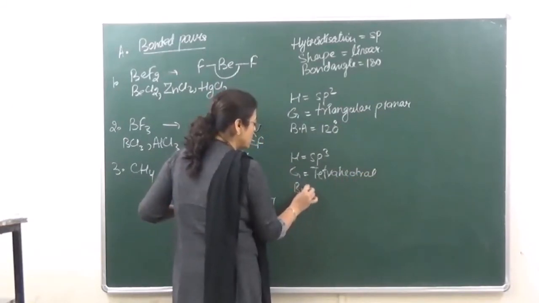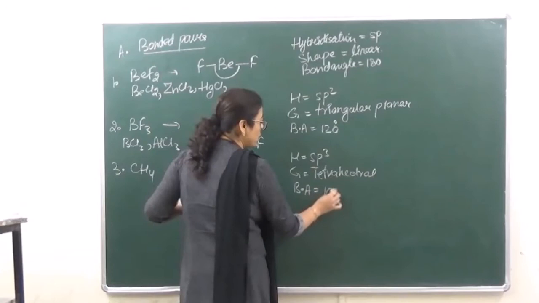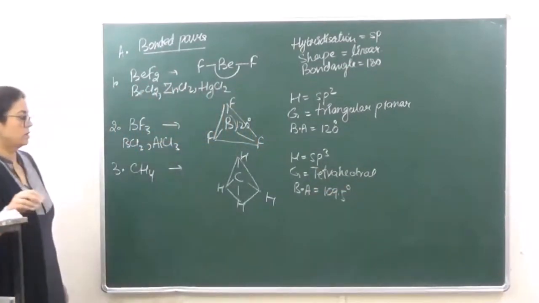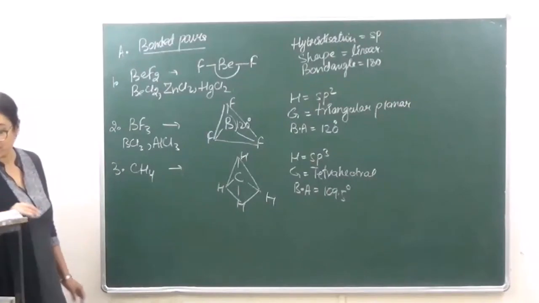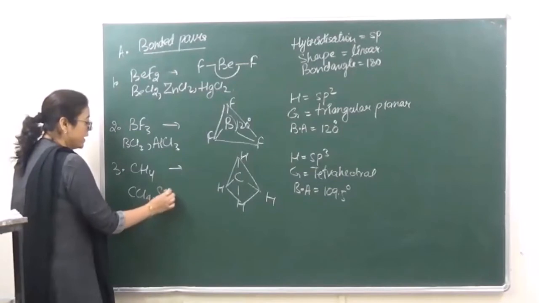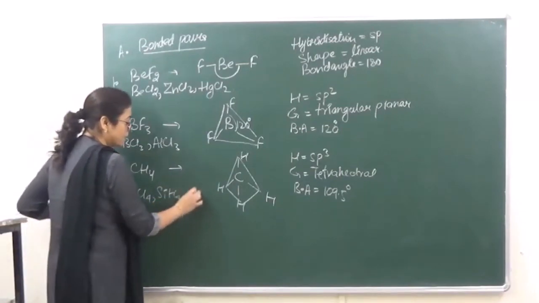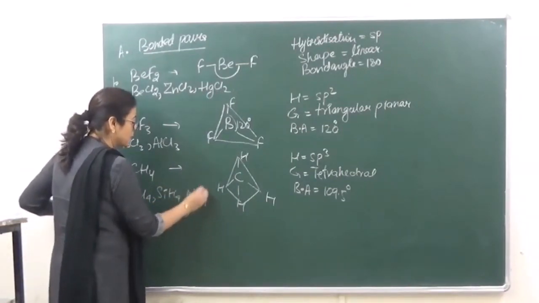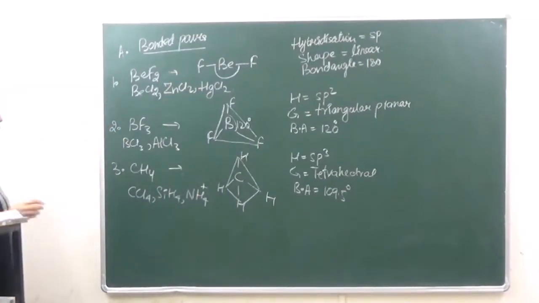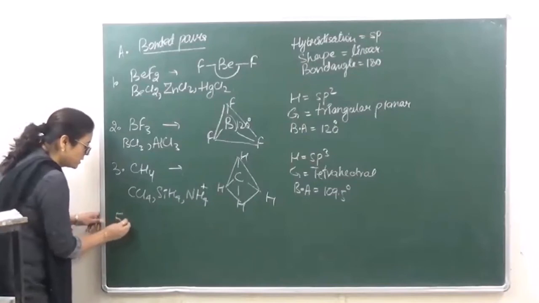Bond angle is going to be 109.5 degrees, right? And other examples are CCl4, SiH4 and NH4 positive. Clear? Then we go on to the next one,